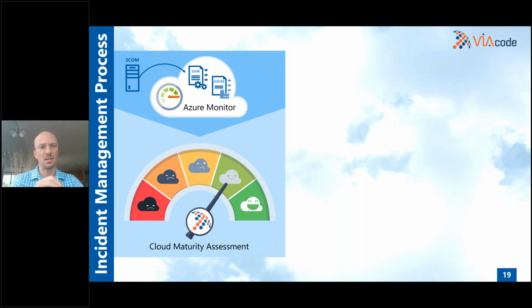So if you have System Center Operations Manager, we recommend using our Alert Manager in addition to what Microsoft provides.